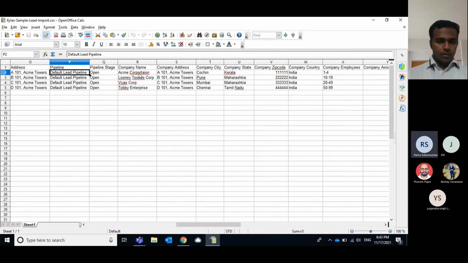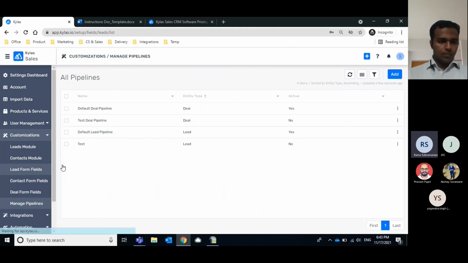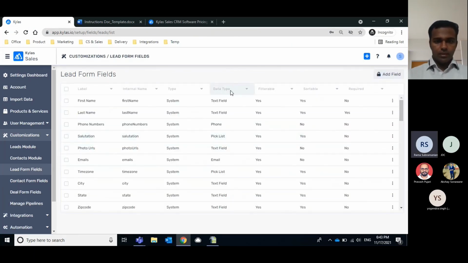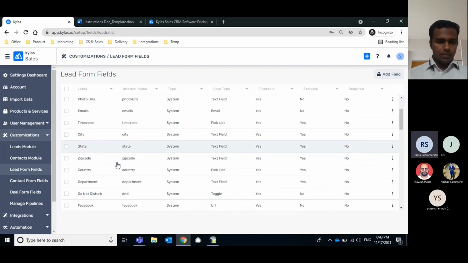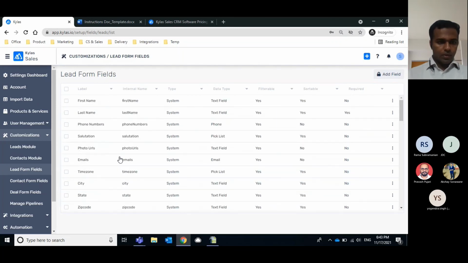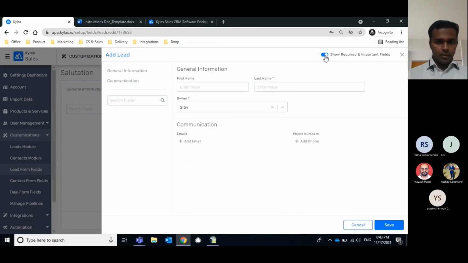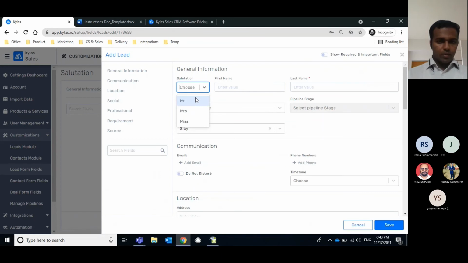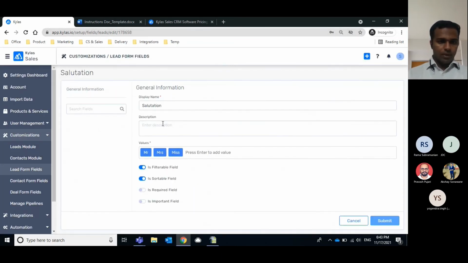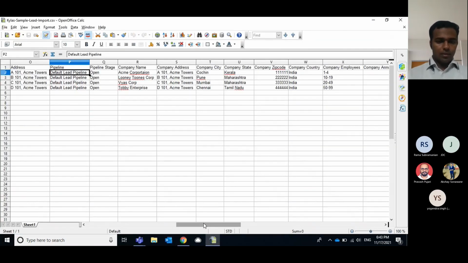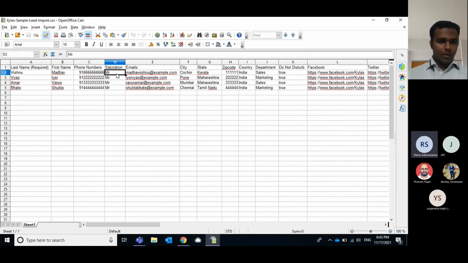Where else do we apply this kind of list in this Excel sheet? If there is country, you showed country or something, no? Yeah, country. I will go with salutation, for example. Salutation is a pick list. Pick list means that when I'm adding a lead, I get to choose from a list like a drop down. So when you're importing leads into the system, you should have values the same as what is available in the system.